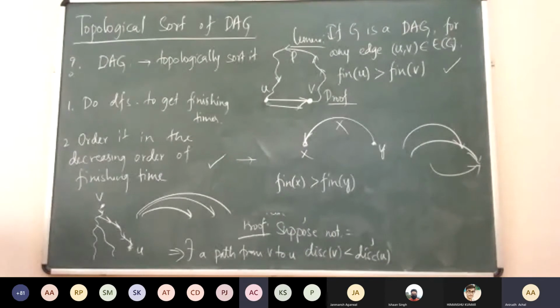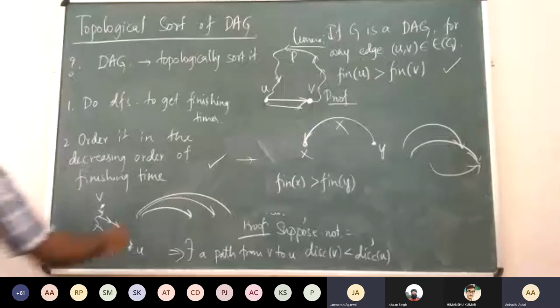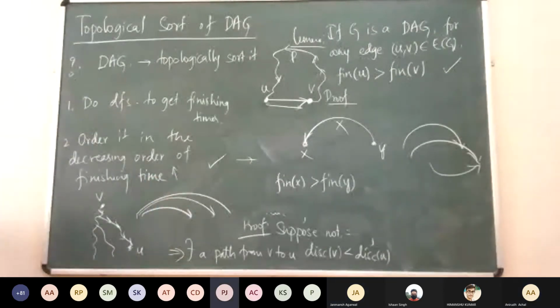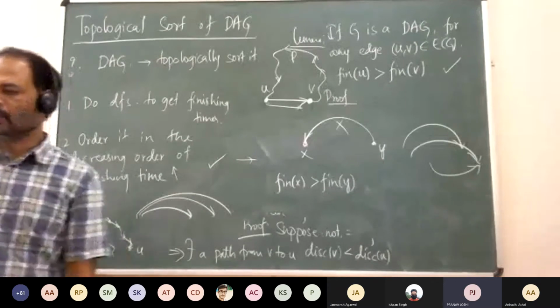Again, it's linear. Why? DFS runtime. You are sorting, right? Your sorting should take more time, right? No, but we're just using a DFS and linear time. So instead of that, we can just append it to a stack, no? We can just push the vertex on the stack. Once the vertex finishes, you can push it to the stack. Yes, sir. And then we can pop it out and then it will give us the correct order.